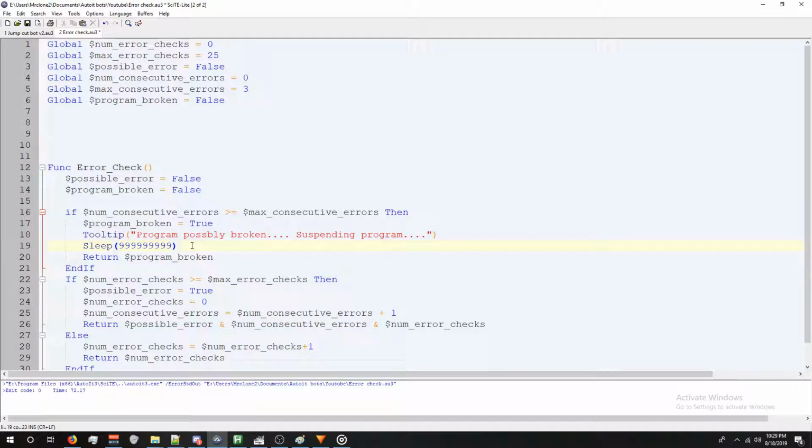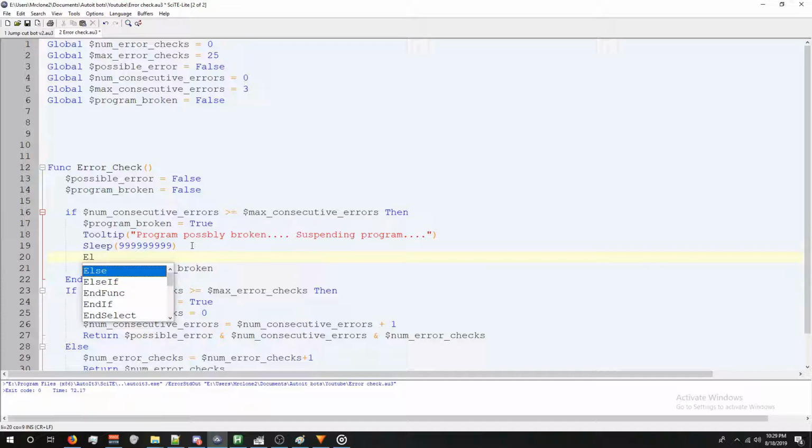Also, if you'd like, you can press enter under the sleep and then set it to exit. So that way the program exits and it doesn't try to continue. We have a return program broken error right here because if the program is possibly broken, you can add extra functionality like, you know, if the program is broken, let's go back to the starter town where everything is safe, then log out. We're going to add one more, so let's copy the sleep and the tooltip, making sure not